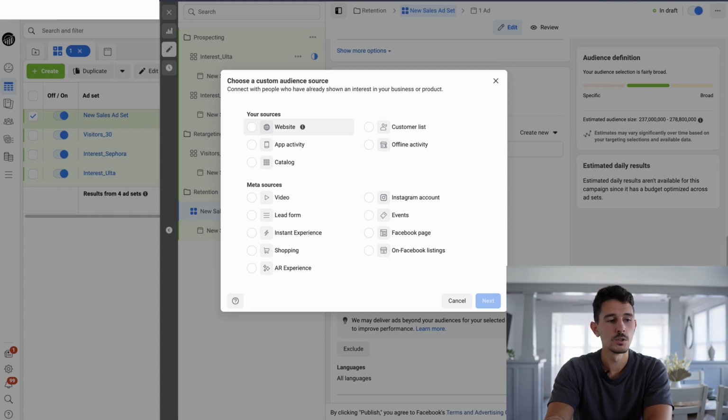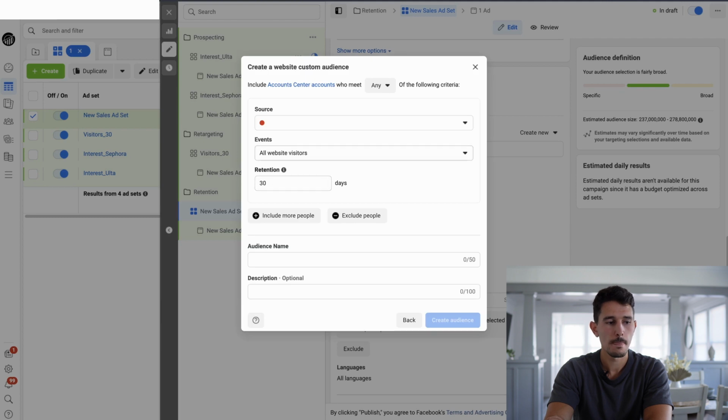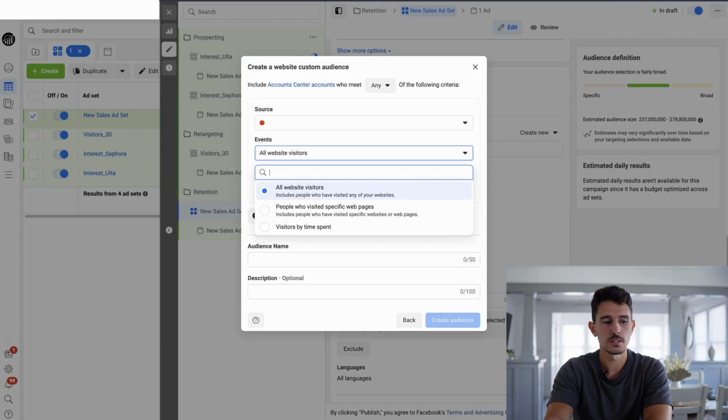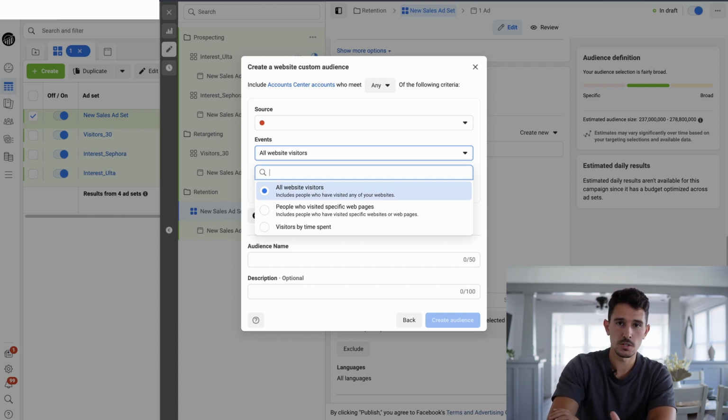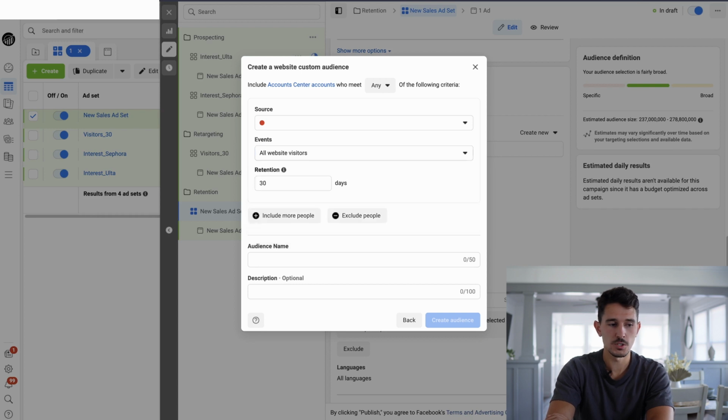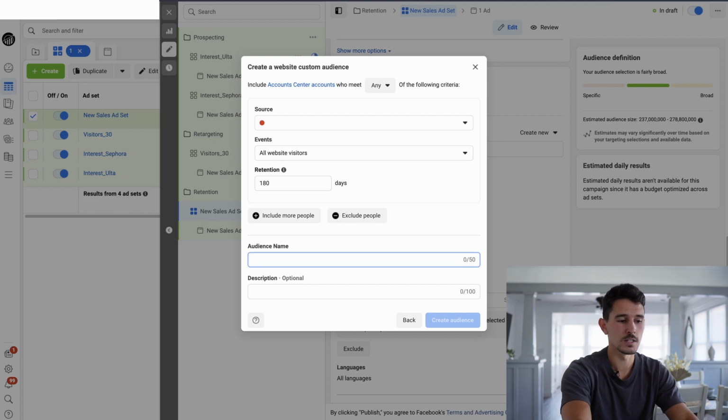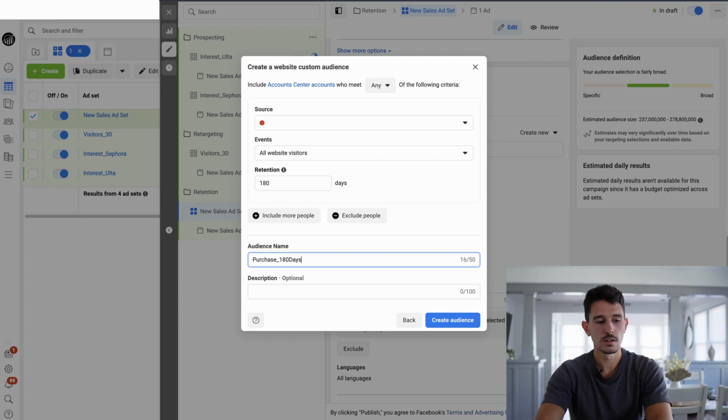We will again use the website source, just like we did for retargeting. And we're gonna go to events. Now, I've mentioned multiple times, this is the dummy account. You will have here all the events that your pixel is capturing. What I recommend is you use your purchase conversion event here. Once you have that purchase conversion event, you really wanna max it out, a 180-day time span. So you'll have your 180-day purchase event, and I'm just gonna name it purchase_180 days. We'll then create this audience